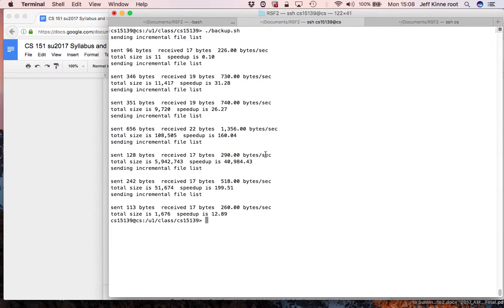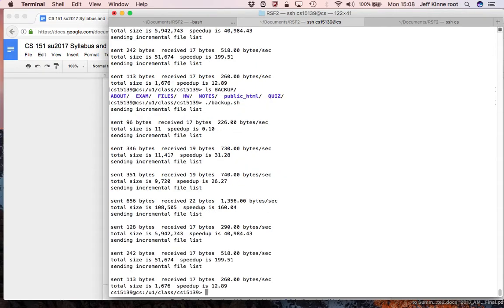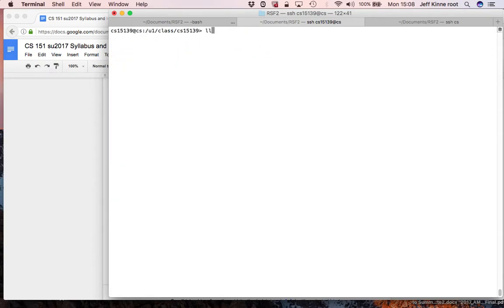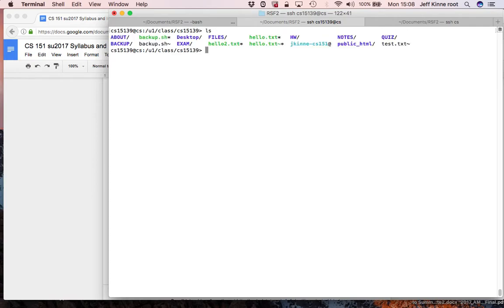And the nice thing about rsync is it will just update what needs to be updated. So if files haven't changed, then it doesn't actually do any work. It'll just leave them there. So if you keep a backup directory and you make a script like this, you can run rsync anytime you want. So you run this backup script anytime you want to make sure that you have a new backup, and depending on the size of your files, you could